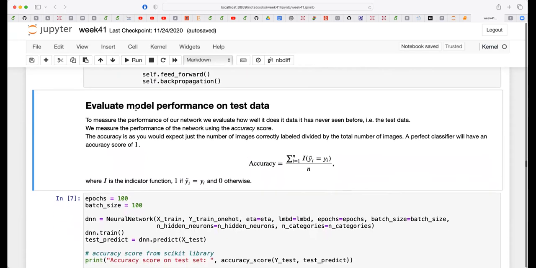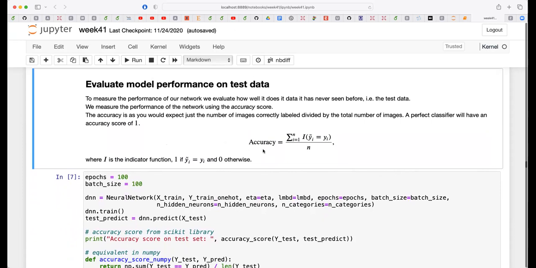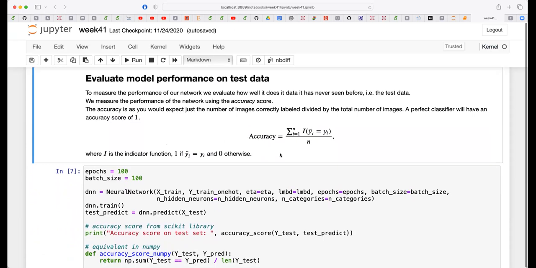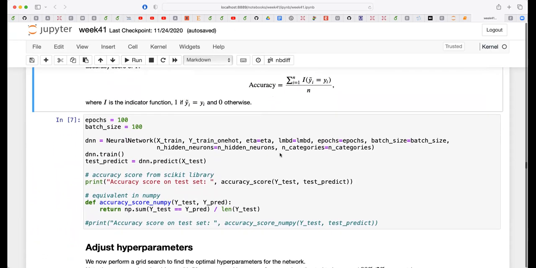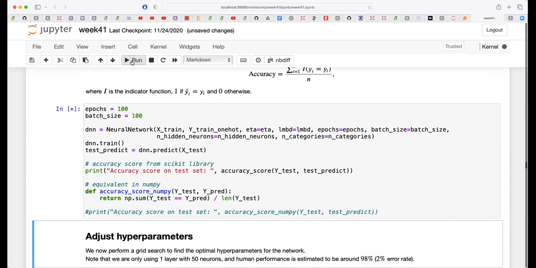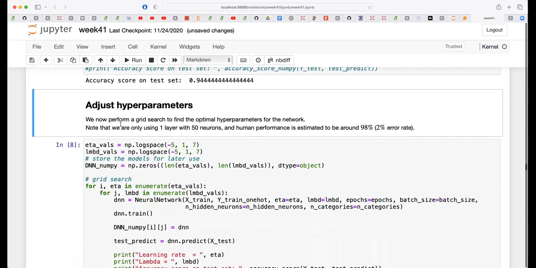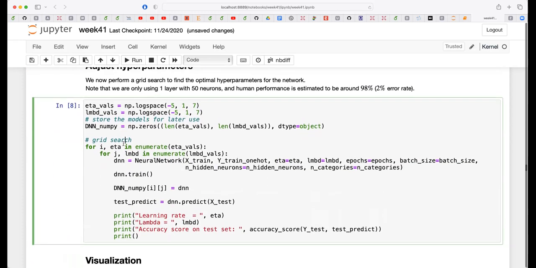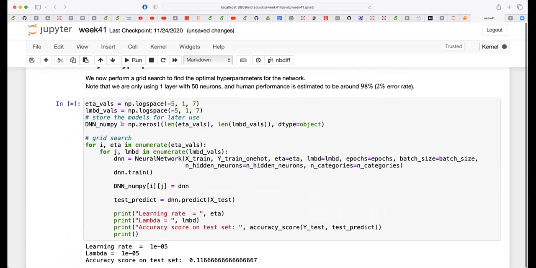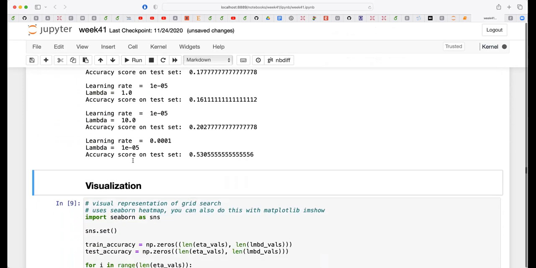And typically what you would do then is to define the accuracy, which is a typical score which you use to find out whether your classification problem is running correctly. And in this specific case, I'm running with 100 epochs and a batch size of 100. And then I simply rerun my network. And in this case, the score is getting better. And then I adjust the hyperparameters. In this specific case, I'm just going to run through it, just to show you the results here. And the calculations are pretty fast. And after we've run through the